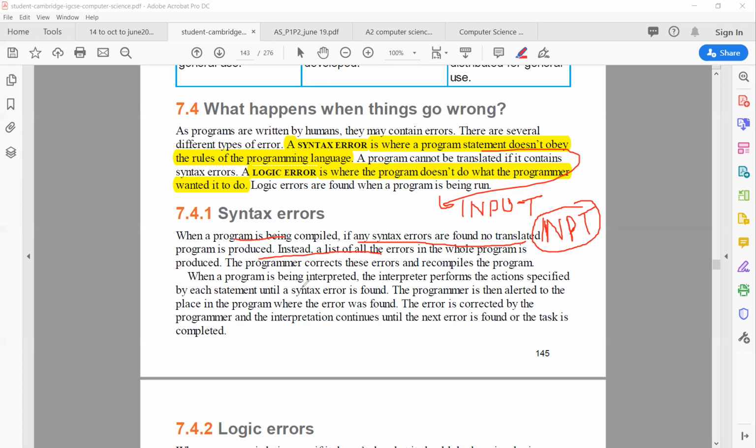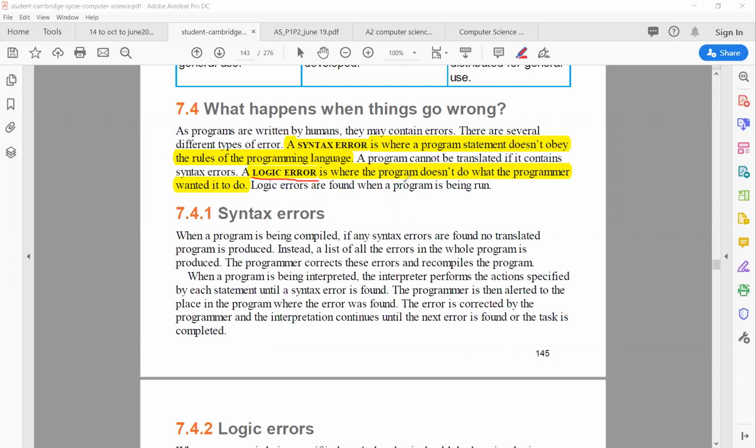So in interpreted programs, the interpreter stops you after each line. If this was line number 1, the interpreter will stop there and tell you there is a certain error in this line, so you'll have to correct it before going to the next line. While logic errors